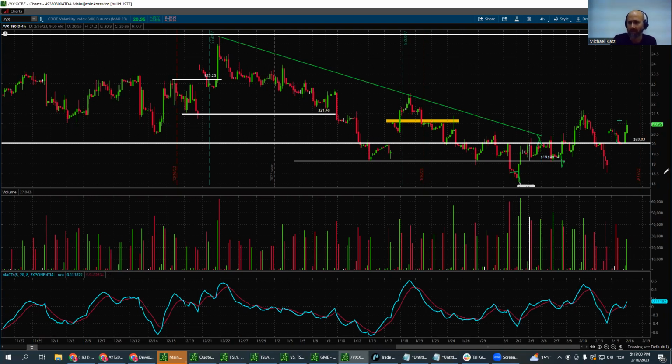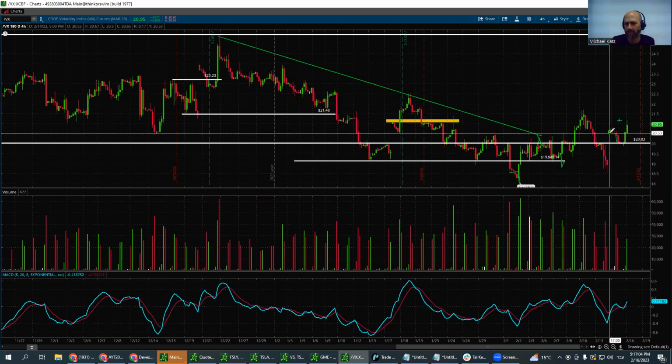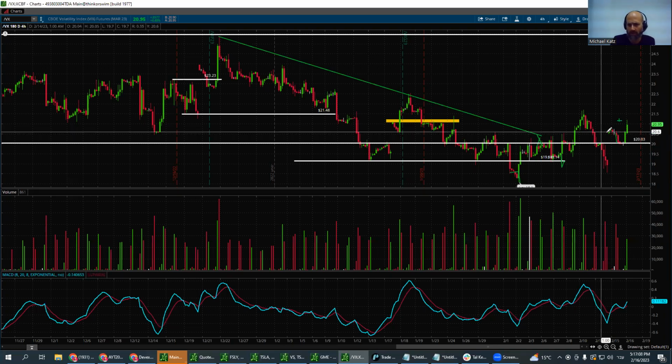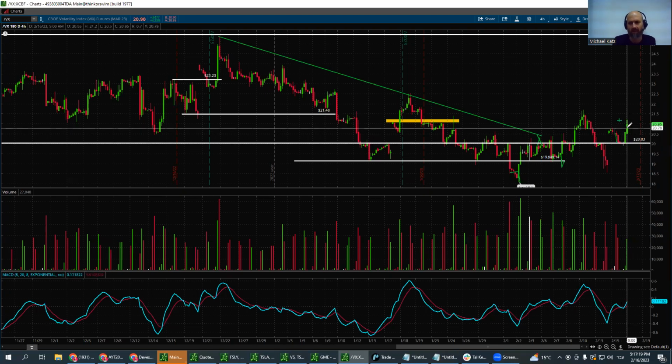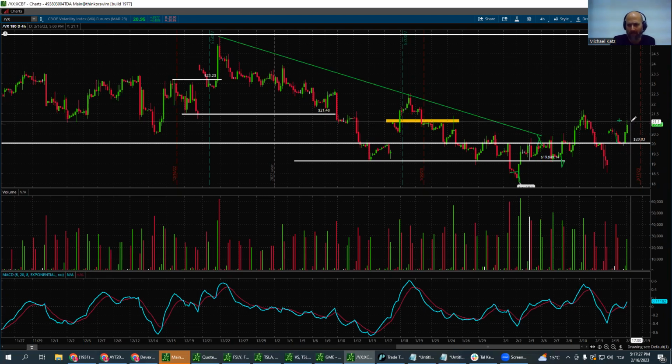And in this case, you can actually see we opened with a gap up yesterday on the VIX in a 4-hour chart, and it dropped down to the $20 level, held it perfectly as support, and then bounced up. So the bounce up was basically the opposite of the S&P. The S&P dropped down as soon as the VIX popped up.